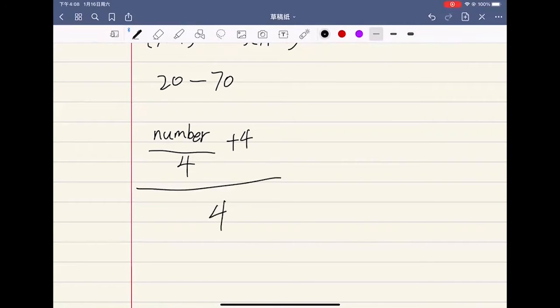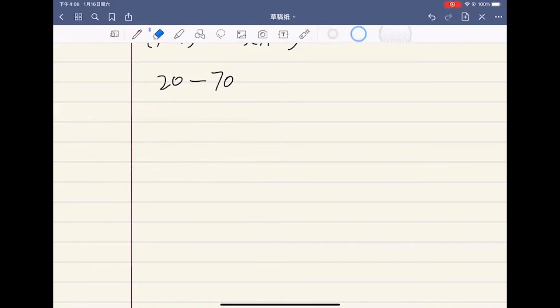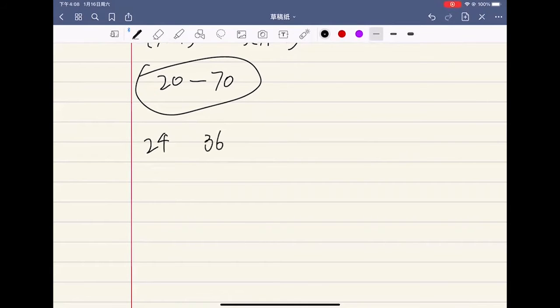And this time my mom's age is 3 times my age, so this number is also divisible by 3. So a number between 20 and 70 that is divisible by both 3 and 4 could be 24, 36,